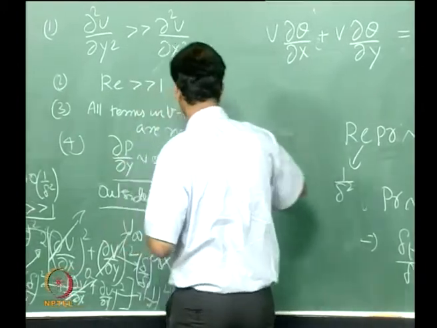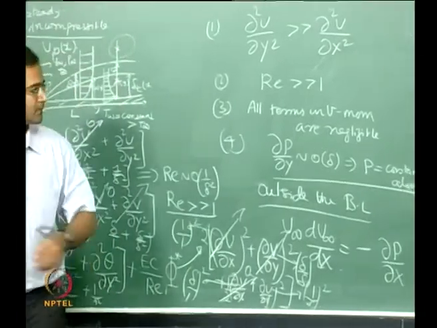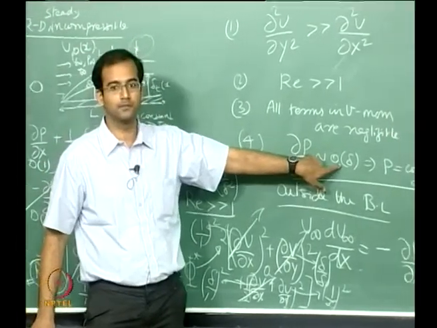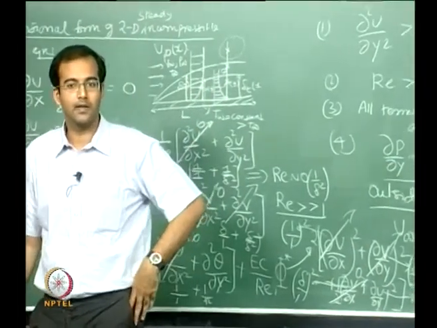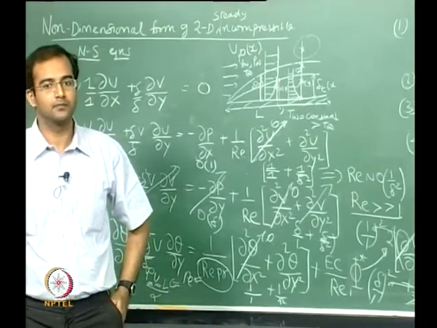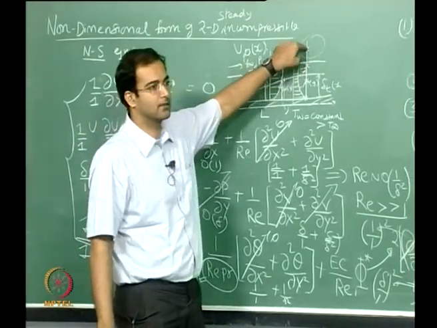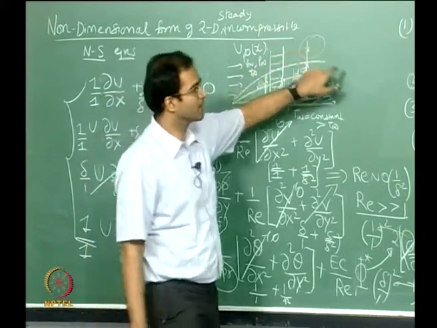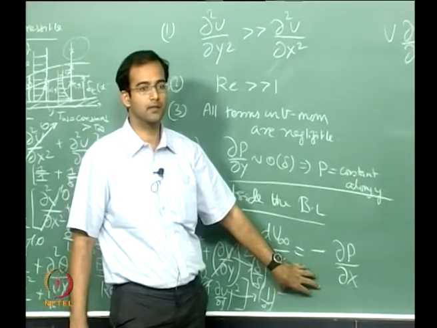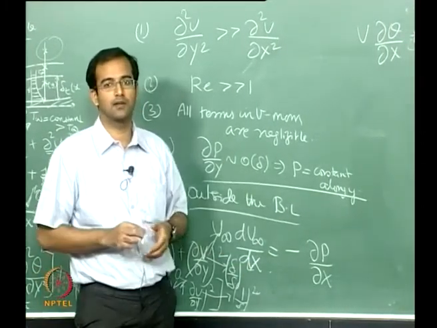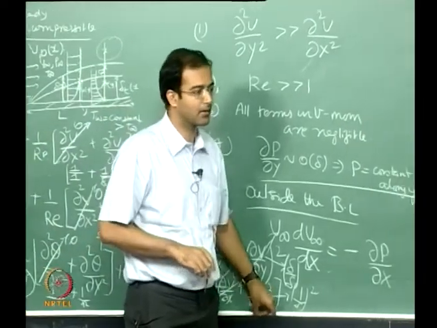This point. Okay, so this is coming directly from the y momentum equation, right? So this is correct. What it directly tells you is that your P should be invariant along y. Okay, so therefore if you calculate your pressure somewhere outside the boundary layer using the Euler equations, the same pressure will be valid even inside the boundary layer. Okay, so we will stop here.